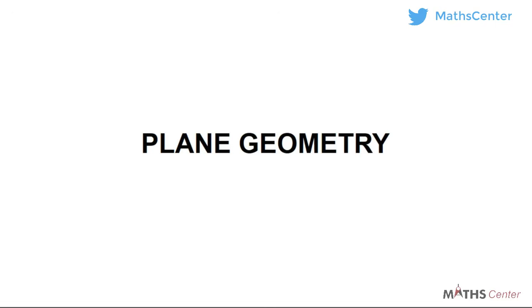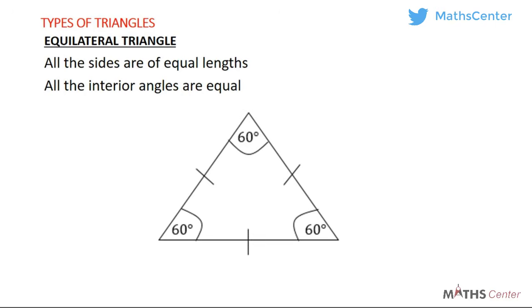So let's begin with the first type of triangle, the equilateral triangle. If you watched the video on mensuration, we did explain the equilateral triangle and its properties. In this video, we are going to consider the angle properties of an equilateral triangle. We know that this is an equilateral triangle because there is this line here, this line here, and this line here, showing that the length of this side and that side and that side are equal. So for equilateral triangles, all the sides are of equal length,